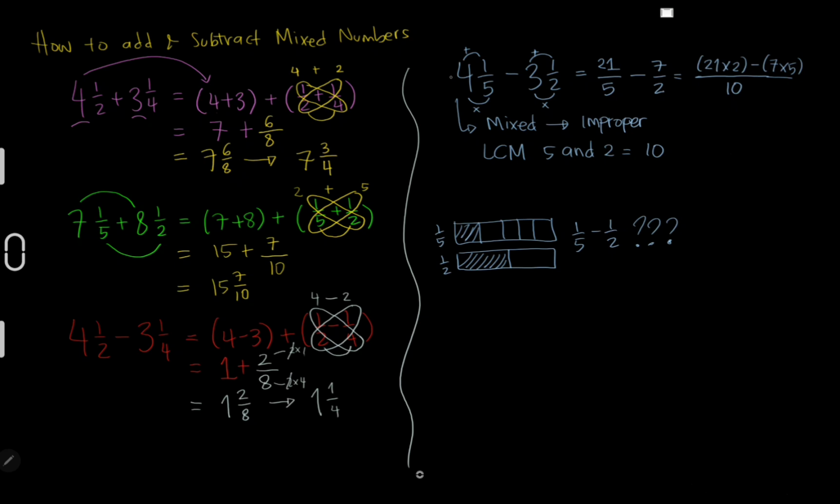The result is going to be 21 times 2 is going to be 42, and 7 times 5 is going to be 35 out of 10. 42 minus 35 is going to be 7. So the result is 7 out of